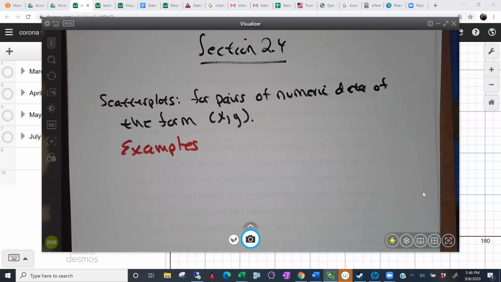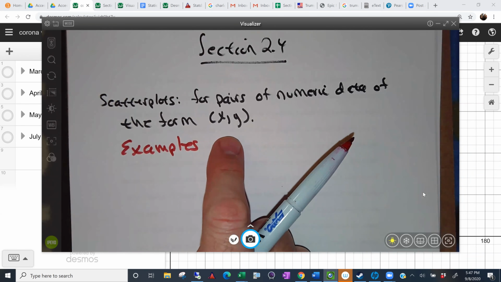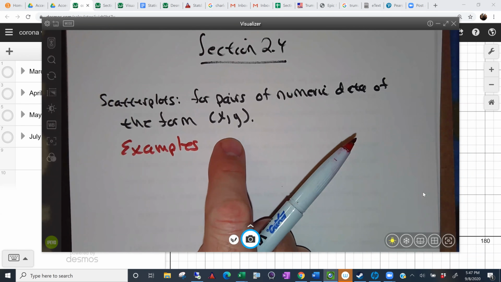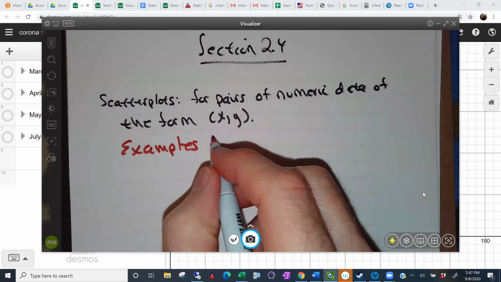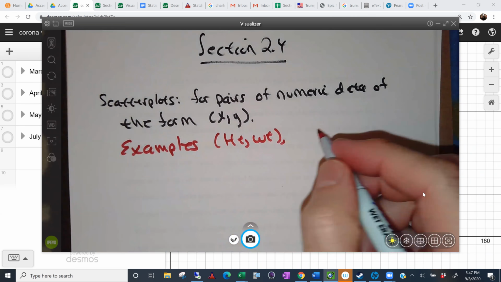So section 2.4 is going to discuss scatter plots. And scatter plots are what you can do with pairs of numeric data. So things of the form X and Y that you can graph on a plane. So examples of that, you might look at height versus weight. You could look at